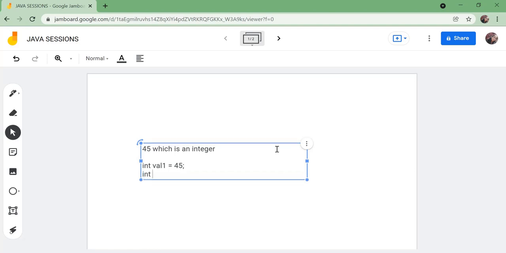So if there are two variables of type integer, how do I declare them? It is like this: int val1, val2. So val1 and val2 are the two identifiers, or the names of the variables, of type integer, and assigning a value to a variable is optional. So you can either initialize a variable during the declaration, or you can define it in your code.